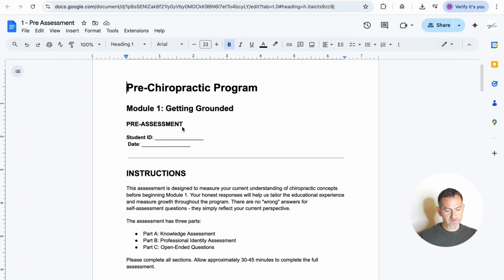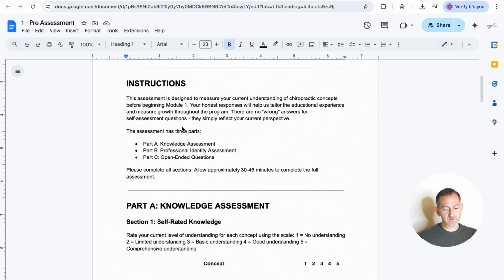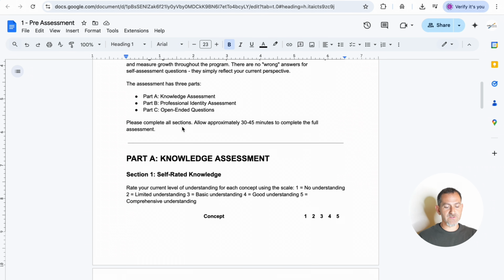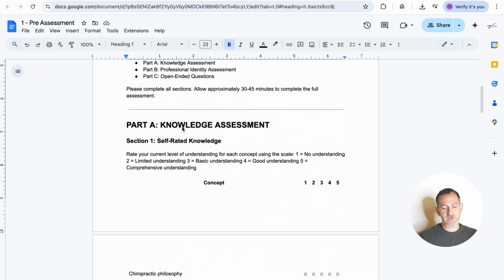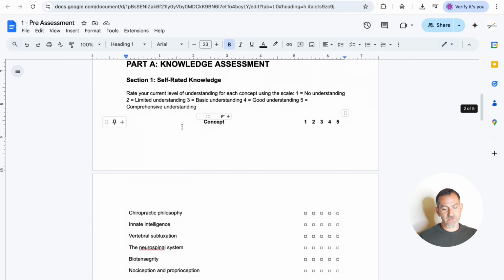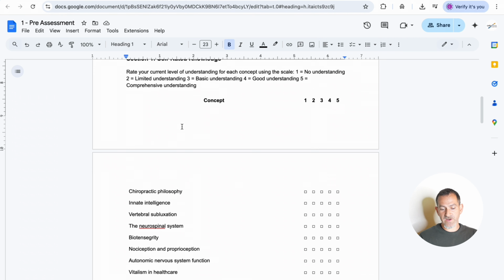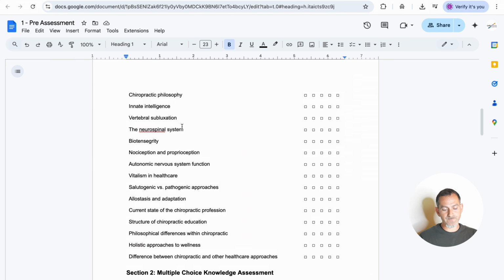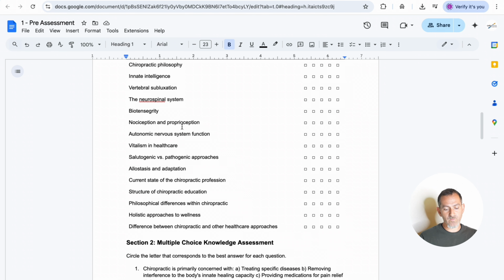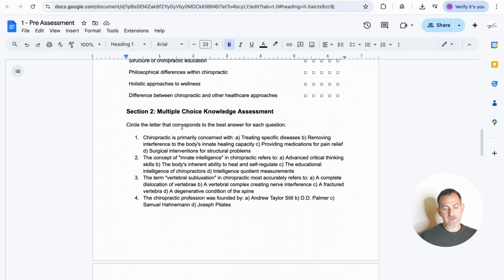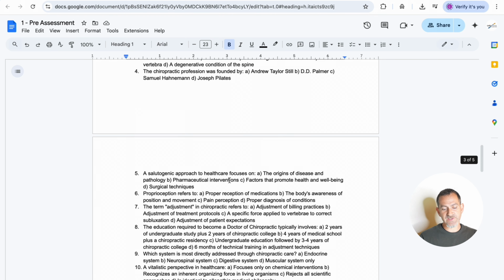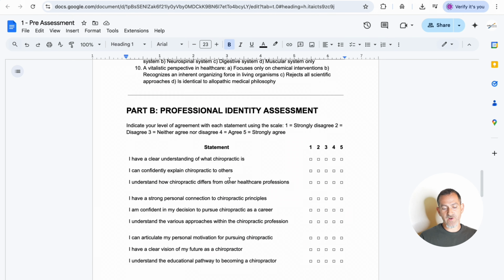So for the assessments, I'm showing you these in Google Drive right now, but we've added these into the Thinkific platform and created fillable PDFs that students can fill out and will be given to us on the back end. And we're just getting a knowledge assessment, self-rated knowledge. This is for Module 1, and it kind of reflects the curriculum from Module 1, what we'll be going over with them, and gives them some multiple choice knowledge assessment, just to see where they're at with that,